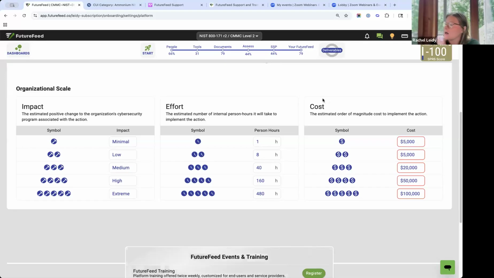This is where you think of it as standardizing language. Okay, depending on the size of your company, but let's say you're a 100, 200 employee company, and you may have a few people helping you manage compliance or manage FutureFeed. And there may be several people that are creating POAM entries, okay? And if that's the case, then if you have multiple people logging system flaws or identifying system issues,